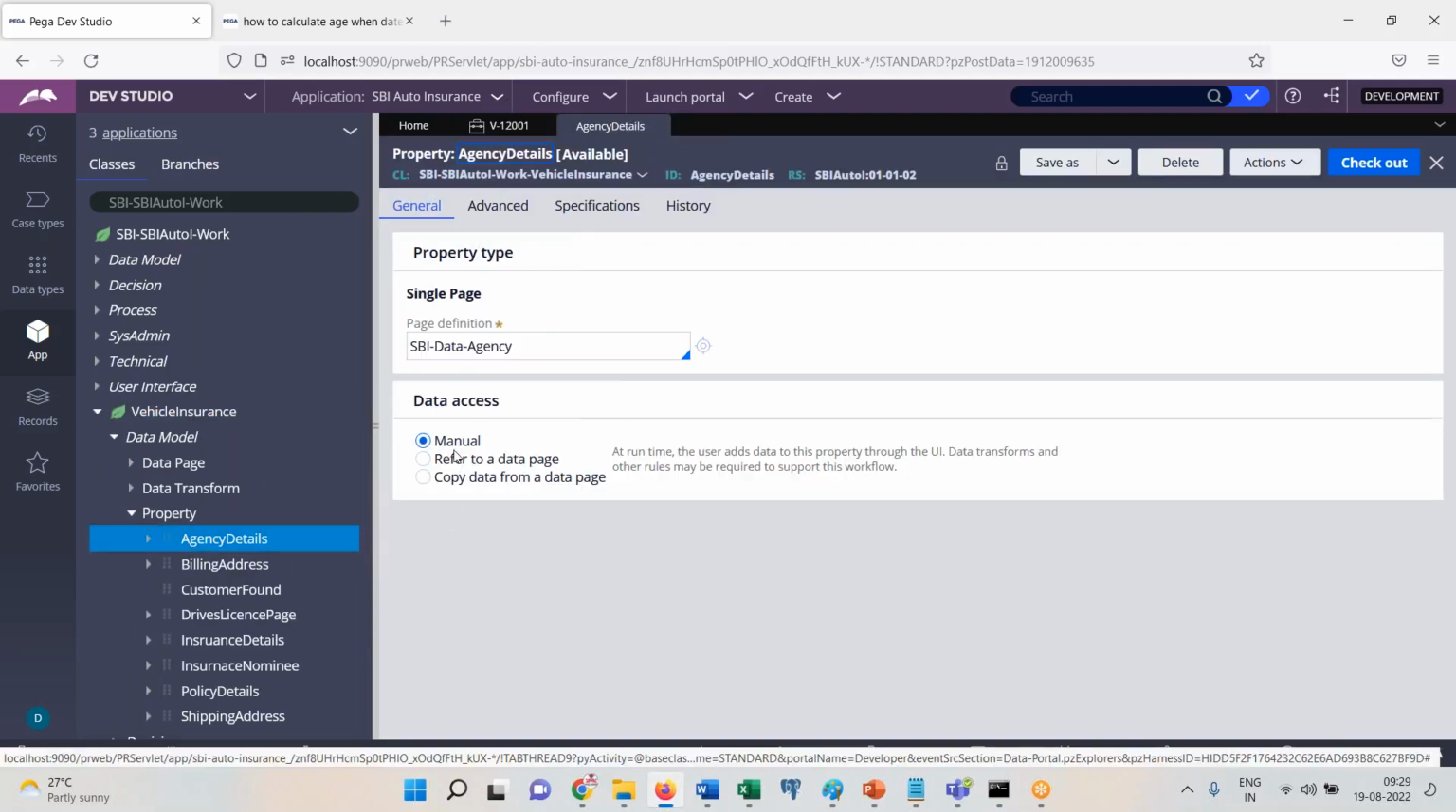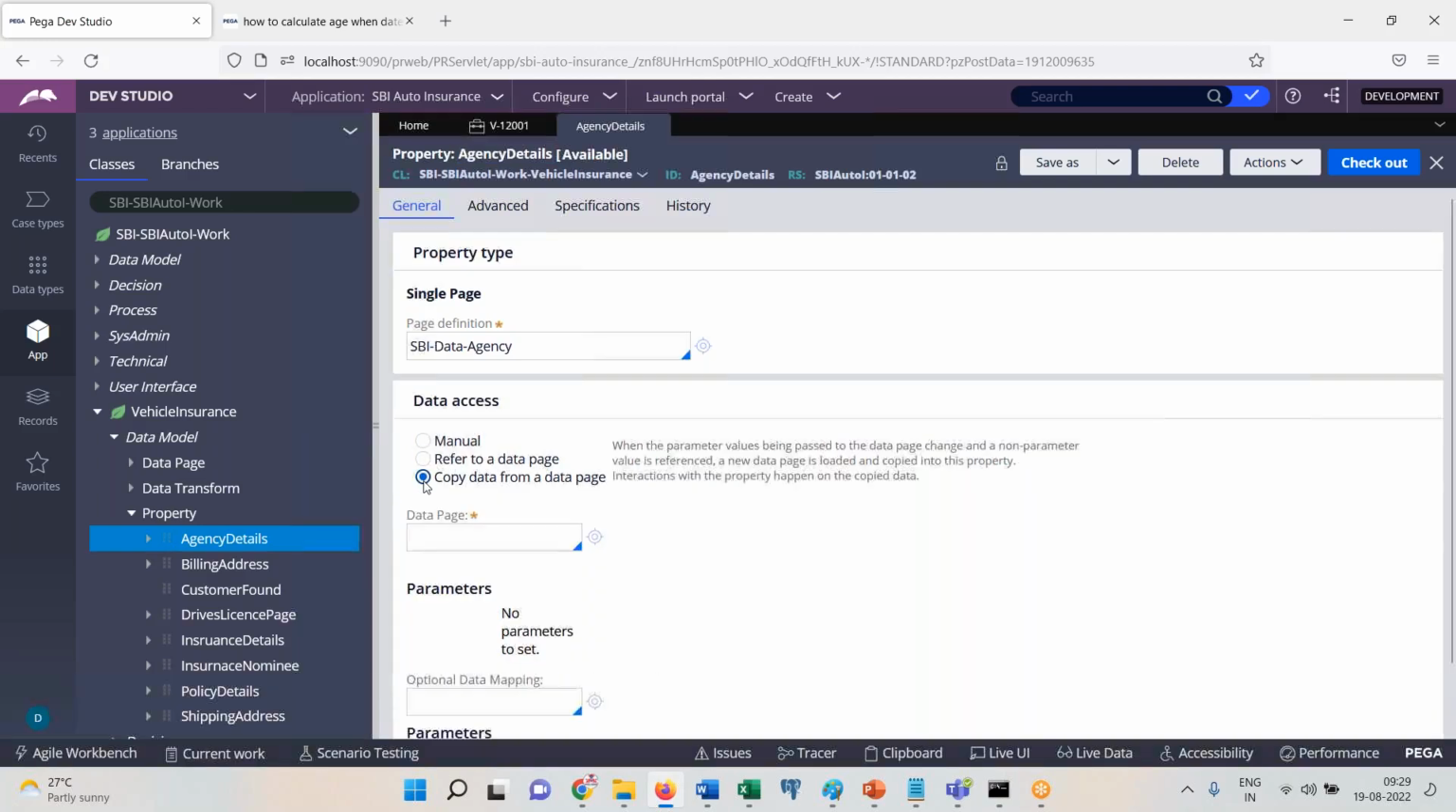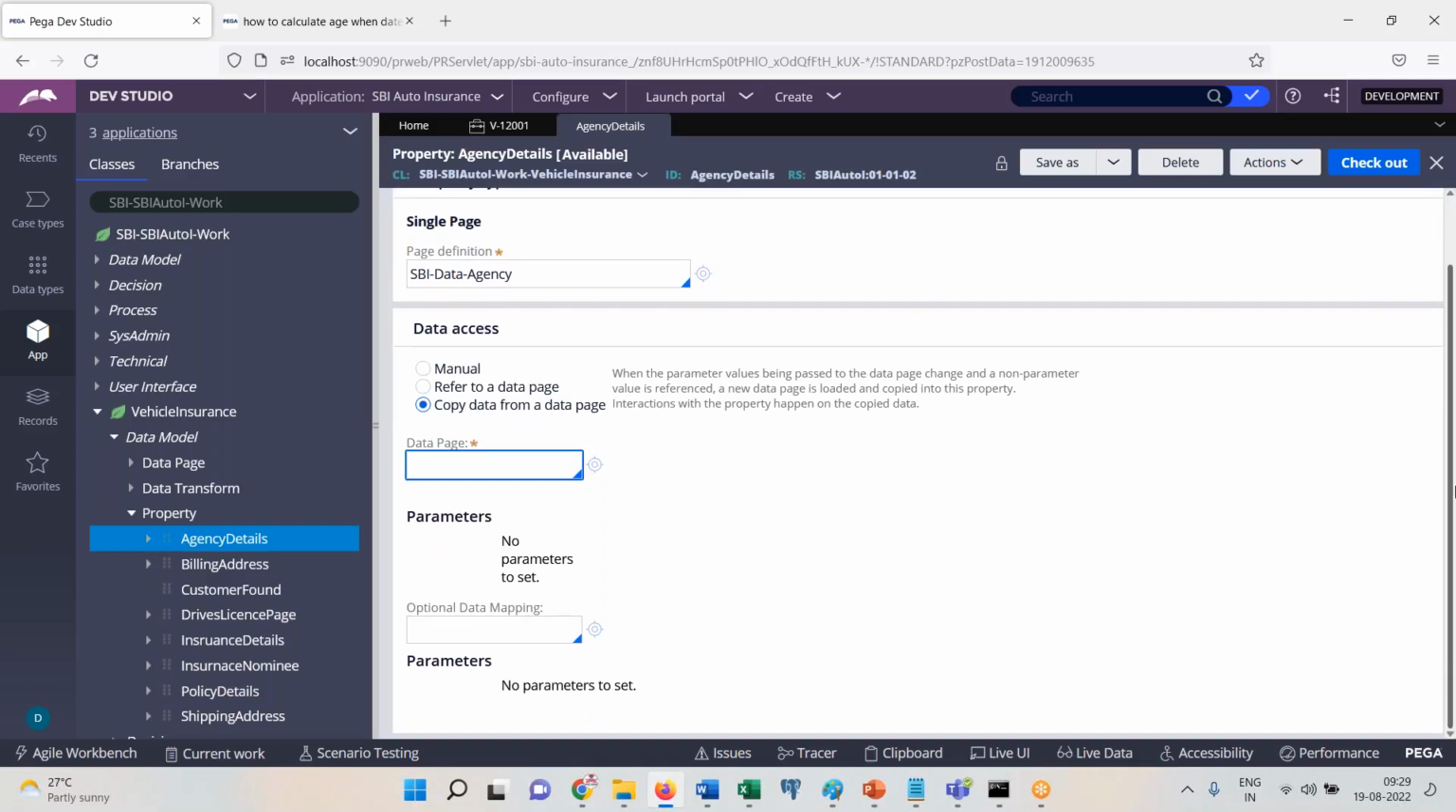This page property is manual as of now. I'll refer to it from a data page or copy the data from a data page. I'll call a data page here. In the data page, I'll do OBJ open. I'll show you how to do it. Okay, and I'll pass the parameter. Can you tell me what parameter I need to pass for the data page? Agency code. Based on the agency code you pass, it will retrieve agency details and put it on this particular